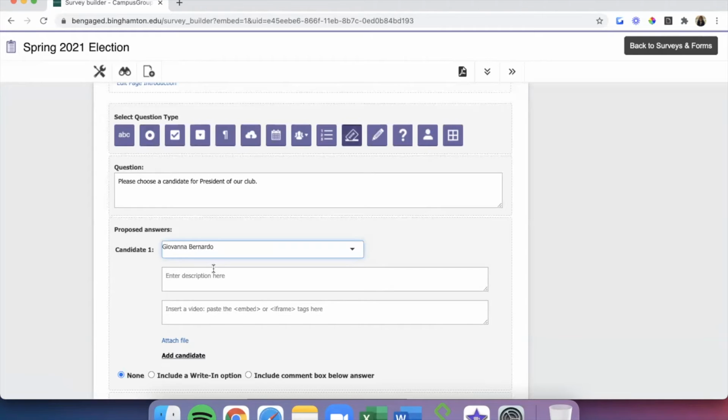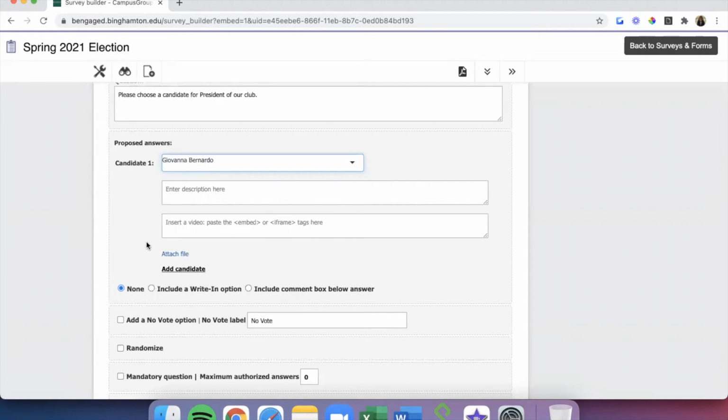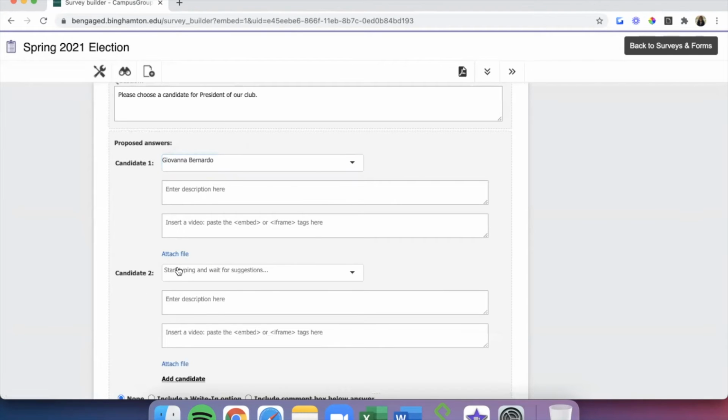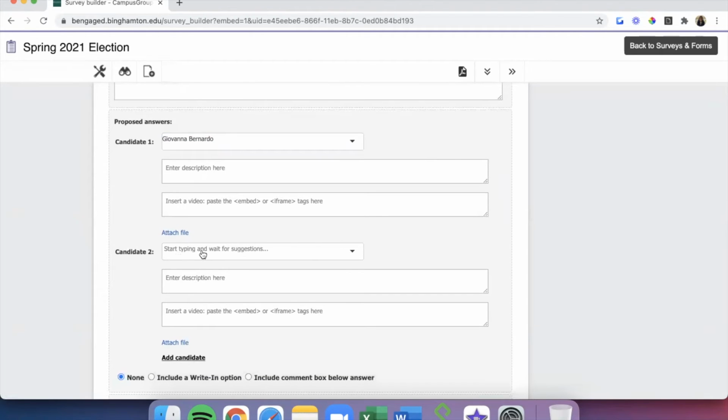Now you can add any descriptions and file uploads to go with this candidate as they're needed for your ballot. Once we're done, we'll finally click Add Candidate to move on to the next candidate for this position. We'll repeat those same steps for the other candidate running for president.